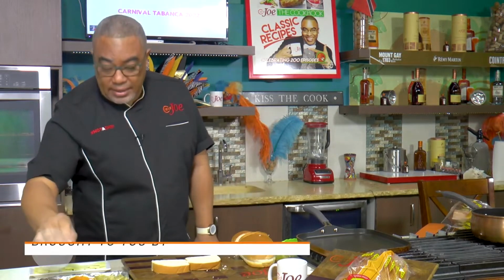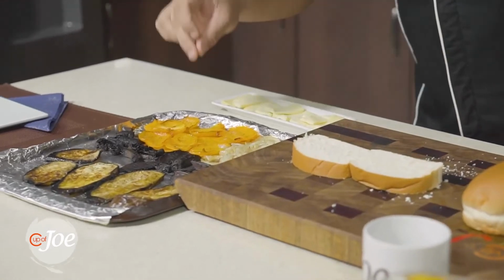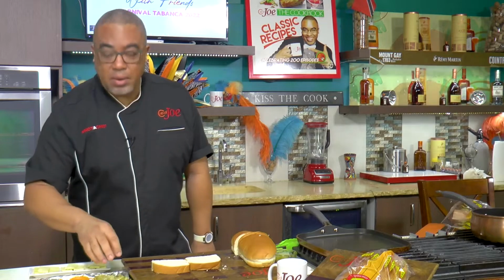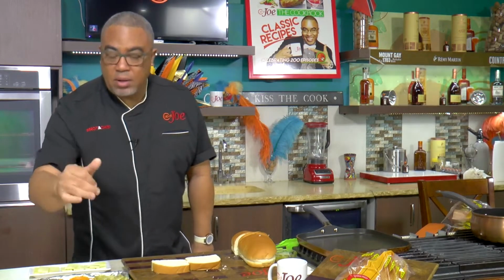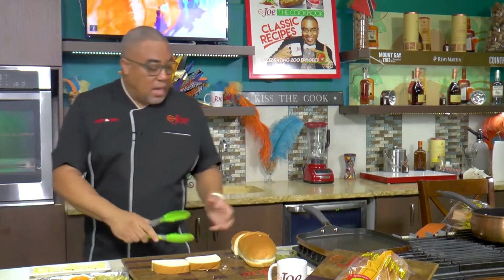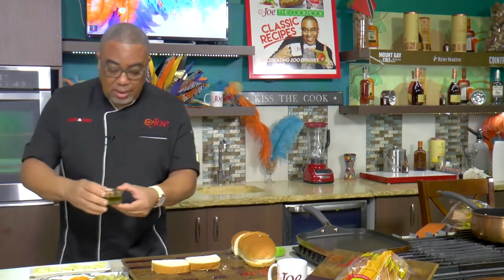And all I did, guys, I have some melon, some mushrooms, some peppers. You can get red, yellow, green, whatever type of peppers. I got some lovely yellow peppers that I'm using, and some onions. Mixing a little bit of oil, just tossing a little bit of oil, salt, pepper, roast in the oven for about 5 to 7 minutes, and you get it looking nice. It intensifies the flavor of the vegetables. And lovely vegetables. So I'm going to use some vegetables and some cheese, and I'm going to do a real